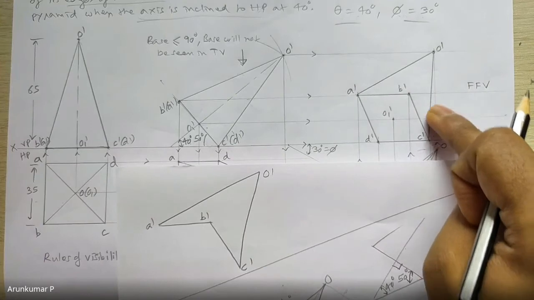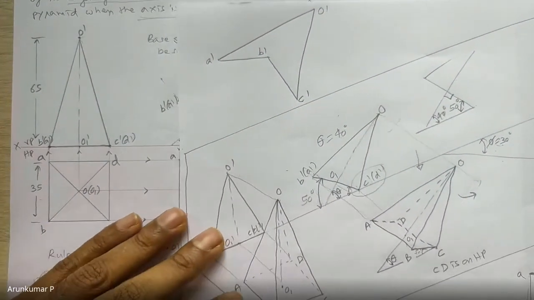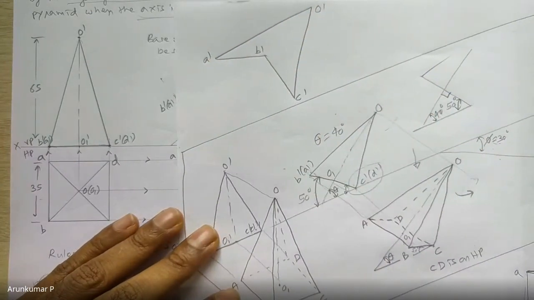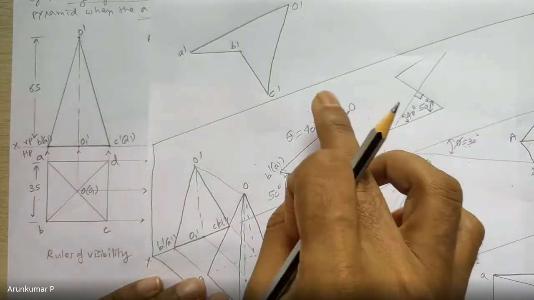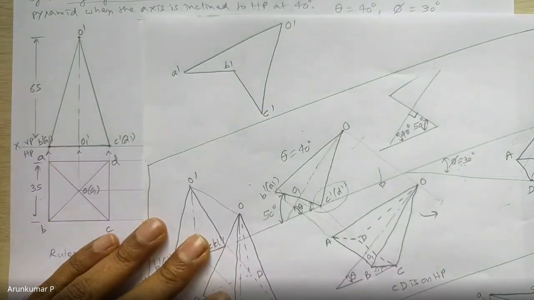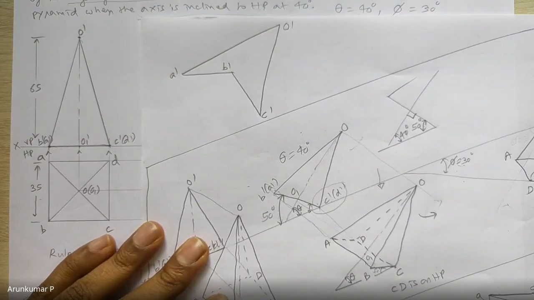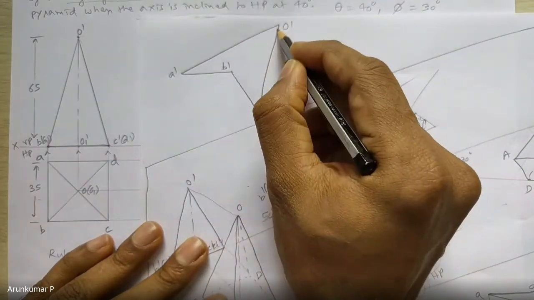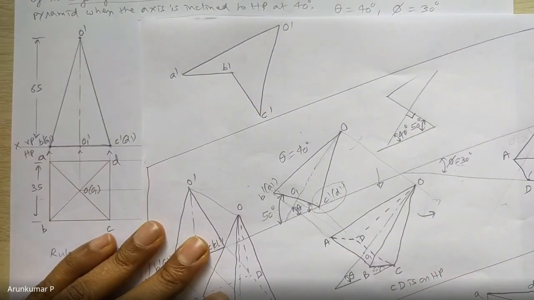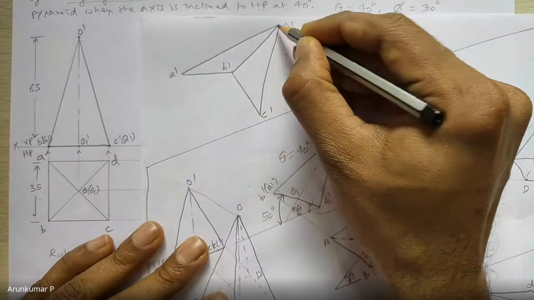We want to see this odd shape into how many triangles can you divide, by applying this rule. You have to apply this rule. So, into how many triangles can you divide, so that you join the corners of the base to the apex and not to each other? Two triangles. By joining B dash to O dash. That's it.